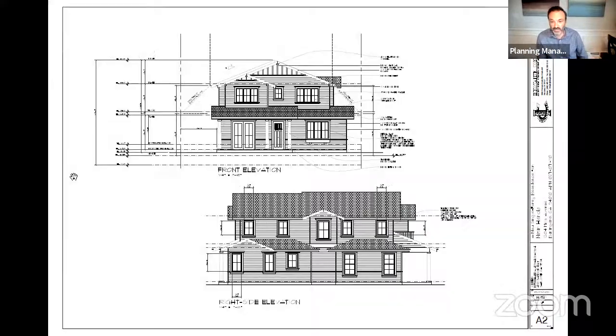This is an application for design review for a new 2-story single-family dwelling and detached garage at 1304 Mills Avenue, zoned R1. The applicant is proposing to demolish an existing 1-story house and detached garage and build a new 2-story house and detached garage. With the proposed project, the total floor area would be 3,338 square feet, where 3,420 square feet is the maximum allowed.